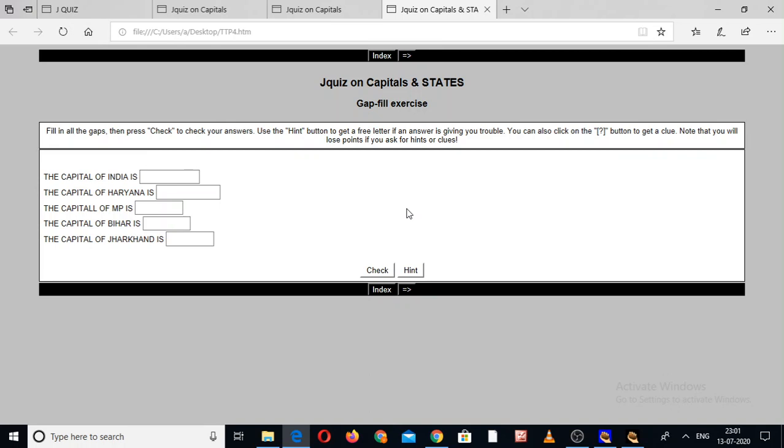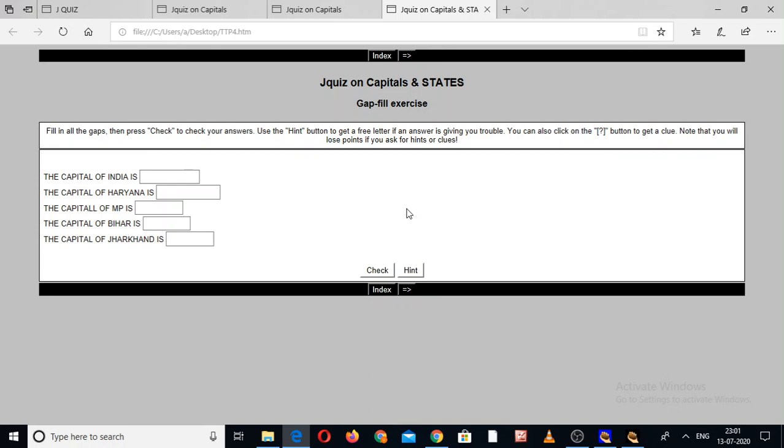Now you have two options: either you send the soft copy of this exercise to the students, or the second one, if you want to conduct it inside your class. It might be that the students may or may not have the same kind of software and application, because it's very unique software, and it's not easy for the students to download the software and complete it in online mode.